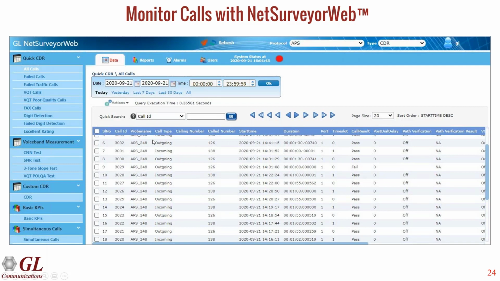You see here probe name, and this is all coming from the same system, one complete MAPS APS system. But you can also have multiple MAPS APS systems around the world, and they could all be sending data back to this dashboard. So you can filter on whichever probe name you want to look at. It's a very scalable solution.